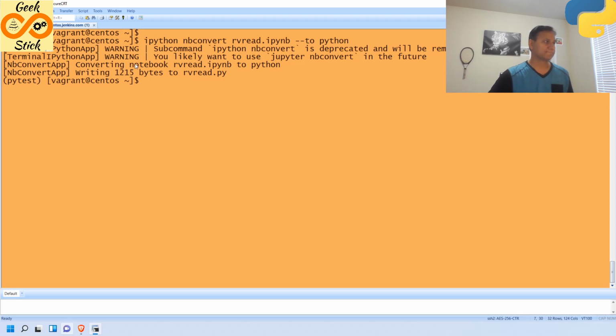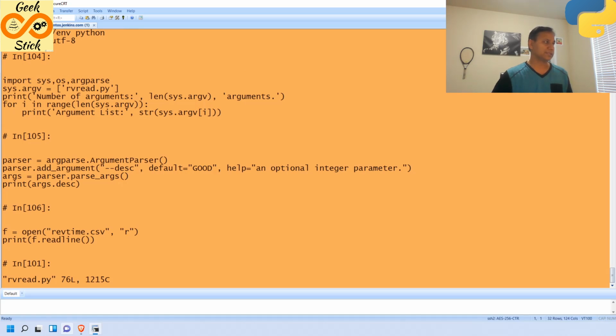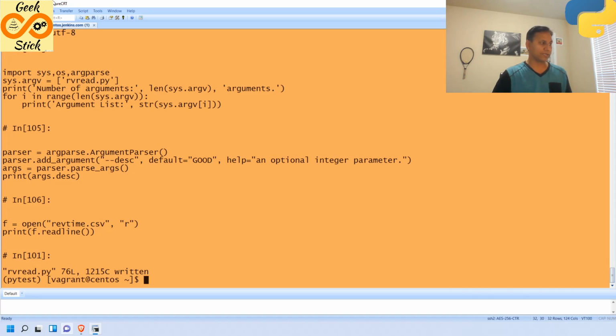Yes, it got created. Let's open the file. Now it's an executable Python file. But for a change, this program will run well when I call it from the pytest virtual environment.